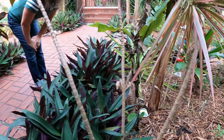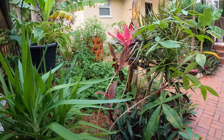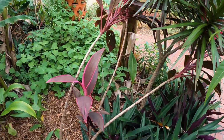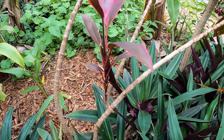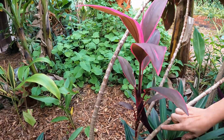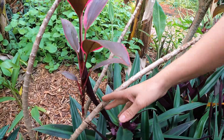And there's more on the other side of the garden. They really are everywhere right now. Here's what I'm talking about with the tea plants, guys. See, these are starting to lean over and reach. And you can see where it started to lean, it shot up this new sprout right there. And look, you can see these starting right there. So now that this has happened, we'll cut it